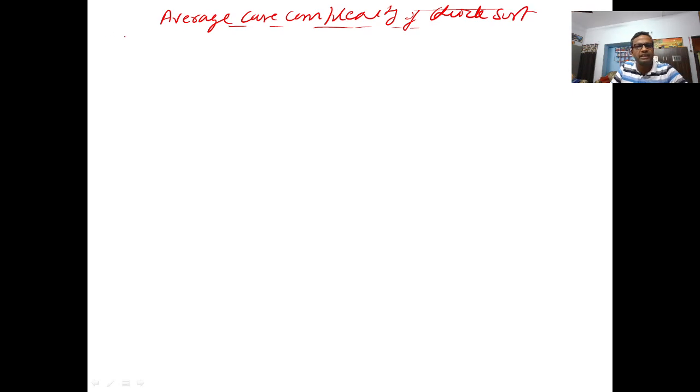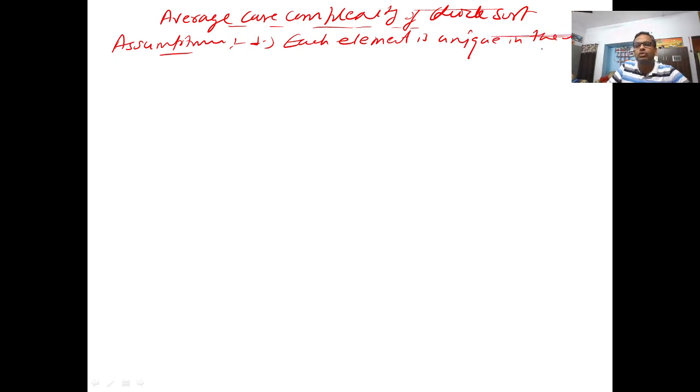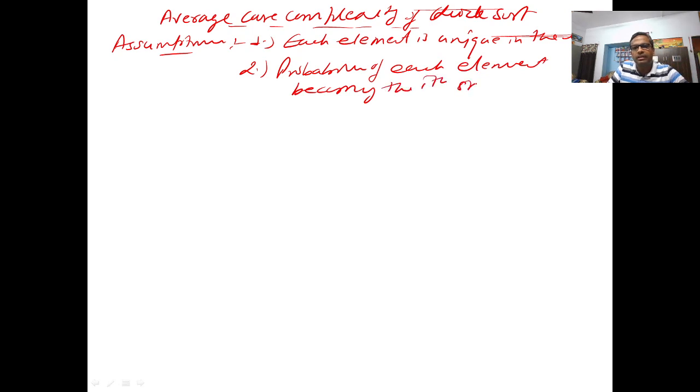Before going to derive the equation, we need to assume certain things. So there are two assumptions. Assumption number 1 is that each element is unique in the list. It means there is no duplication of the elements. And the second important assumption is that the probability of each element becoming the ith smallest element